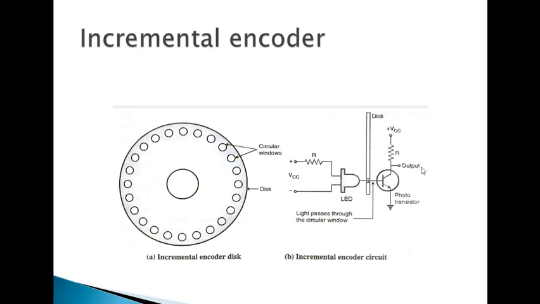Okay, it is considered as a logic 1. But when this hole comes in line with this LED and this transistor, what will happen? The light will pass through this hole now, and it will be directly sensed by this photo transistor. This photo transistor will now conduct or turn on, and whatever the VCC or voltage that is provided by this supply will directly pass to the transistor as the transistor is on. So that's why at the output we are not getting anything, because the VCC is directly passed to the ground.